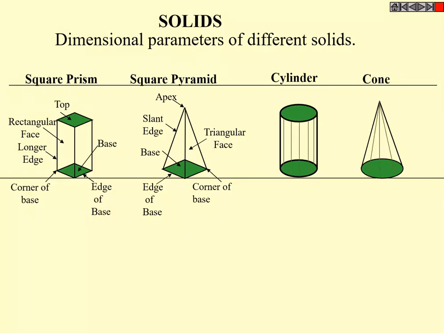If you take a square pyramid, base, edge of the base, corner of the base, and so on are used to define the base. Then slant edges are there: slant edge and triangular face. The slant edge is the inclined line, and the triangular face is the face containing one of the base edges. So all the triangular faces connect to a common point called the apex. That is for a square pyramid. If it is a cylinder or cone,